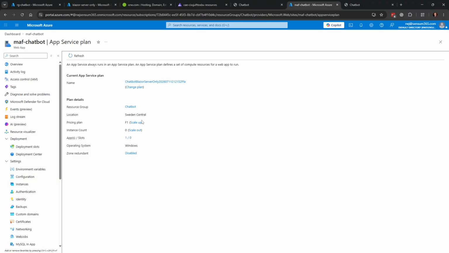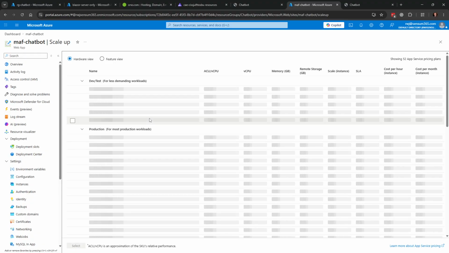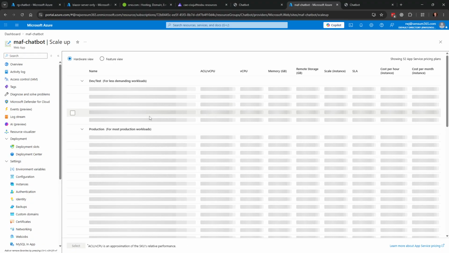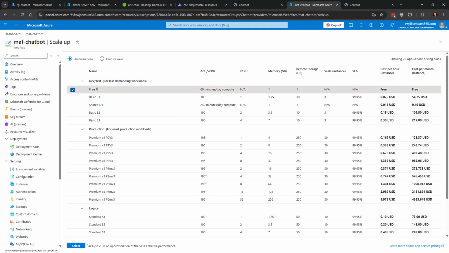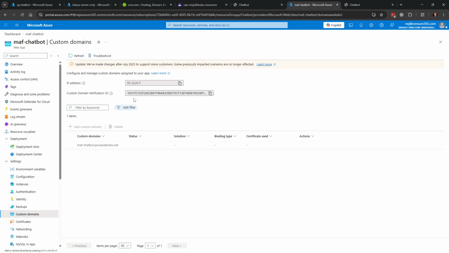It's not called F0. So if we look in here, these can be fairly heavy prices, as you can see over here. This one is free, so I'm running here, but we can only have 5 of you trying out this setup because the web site is locked down. We can't set custom domains onto the free one, and so on.